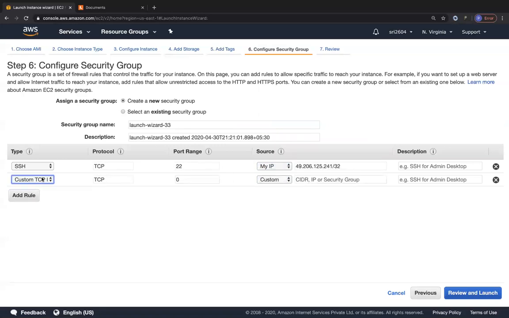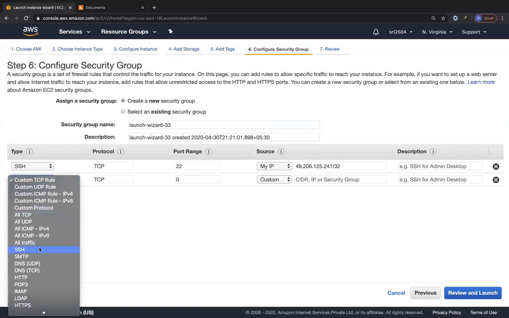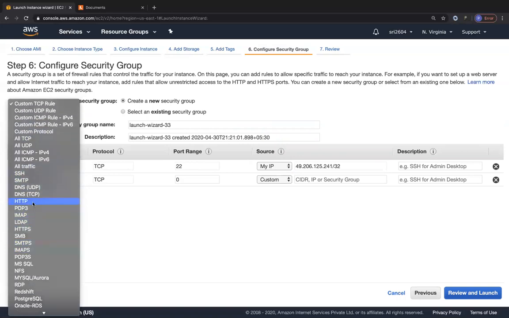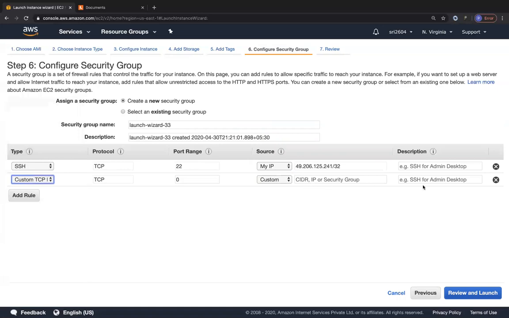I'm also going to add, okay, I may not need to do that. If anyone wants to add any other port, you can go ahead and add another port. You can probably add HTTP if you're installing a web server like NGINX or HTTPD and so on, but right now I wouldn't need the second one for this particular lab. So let's go only with port 22 open to my public IP address.